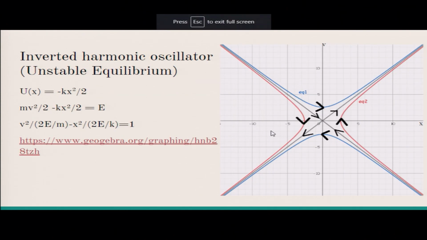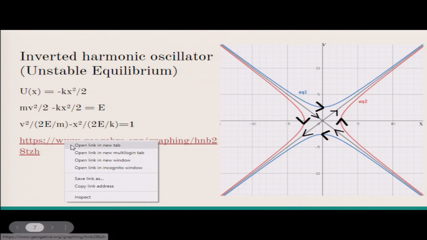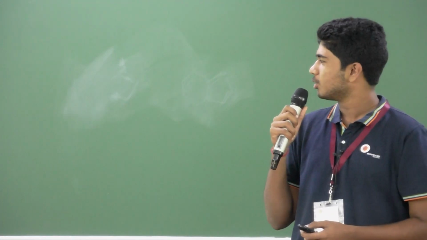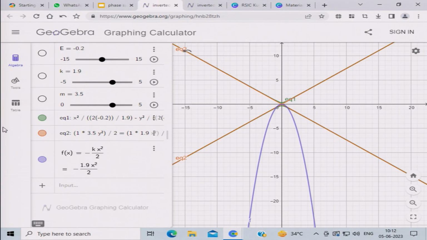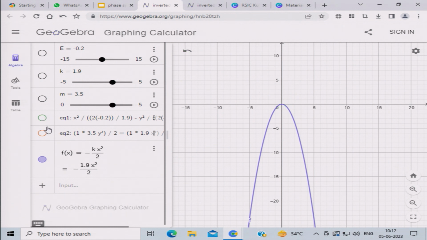Okay. Next we'll be talking about the inverted harmonic oscillator, where we take potential energy to be minus kx square by 2. And if we insert this into the conservation of energy formula, we get mv square by 2 minus kx square by 2 equal to E, which is the equation of a hyperbola. And as you can see, it forms an inverted parabola as its potential energy curve